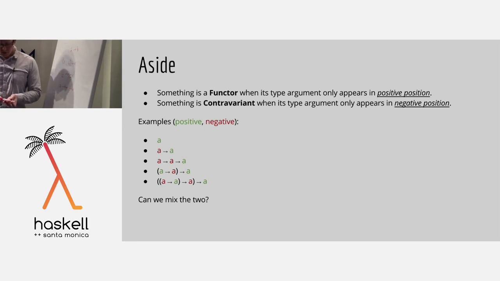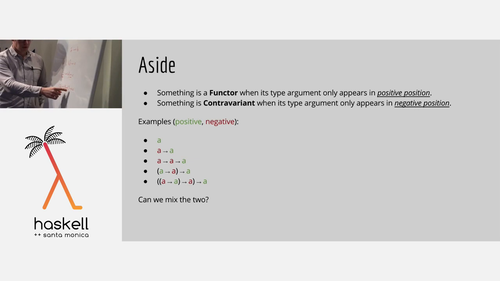I don't think we need to go into too much detail on this, just trying to build an intuition. The point is, I said this was positive and this was positive, so this one was negative. So, for example, you can build a functor for this in A, because every A appears in a positive position. There's one A here that's positive, and there's one here that's positive. Okay, so you can write a legitimate